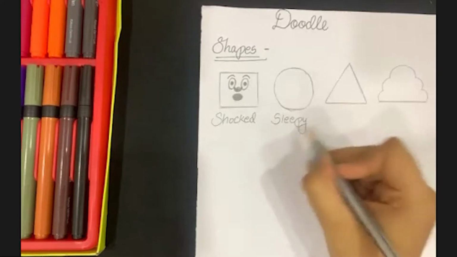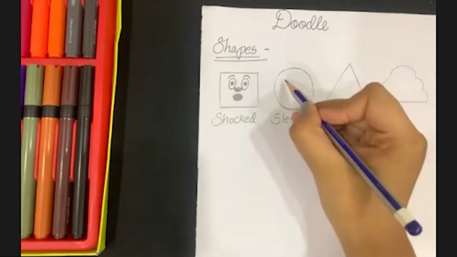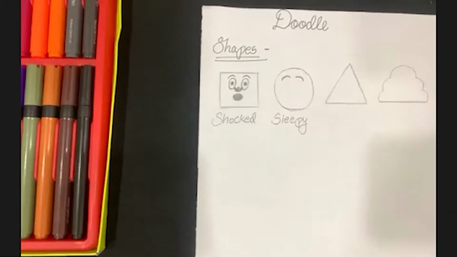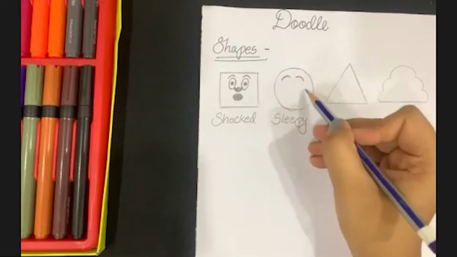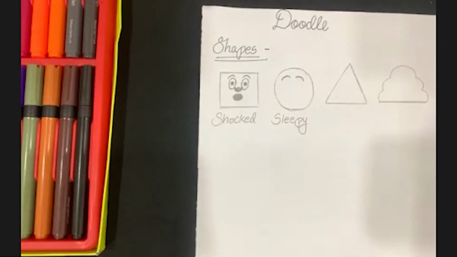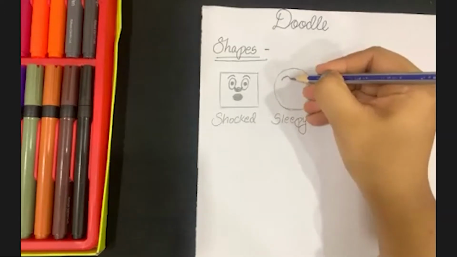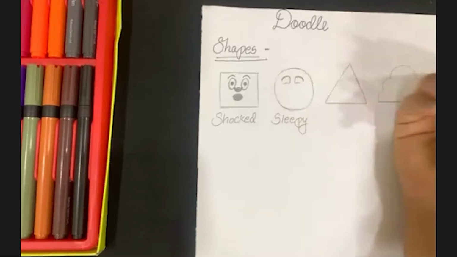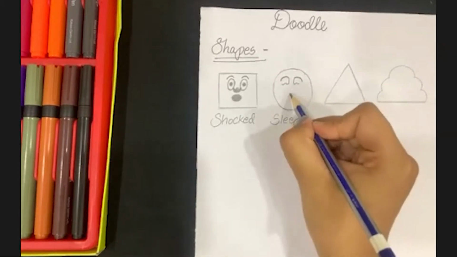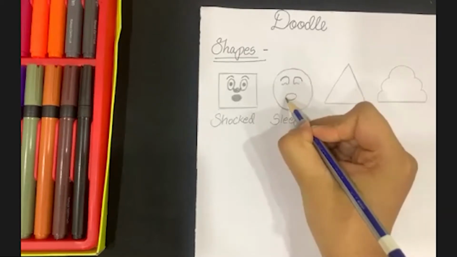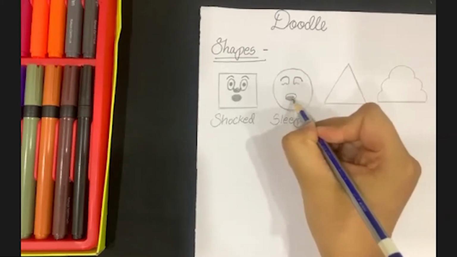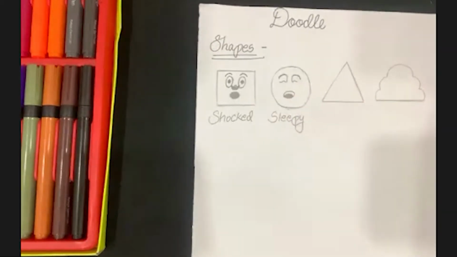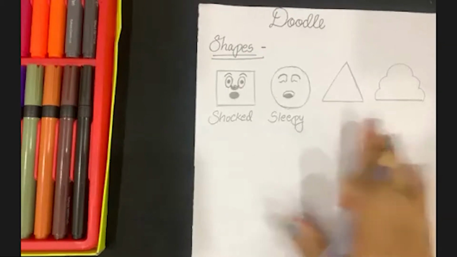Okay, sleepy face. For that what I'm going to do is first I'm going to draw two C's, two eyebrows. Okay, one on the left, one on the right. And after that, a straight line and then waves. After that, you have to draw again a sleepy oval, and then you have to fill that half from the bottom. This is my basic sleepy face.